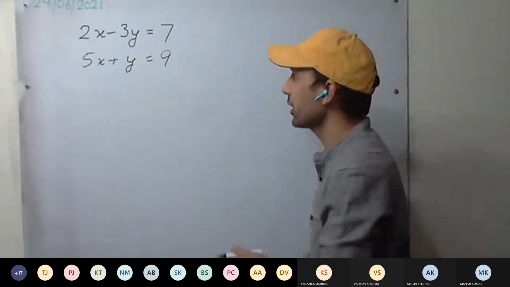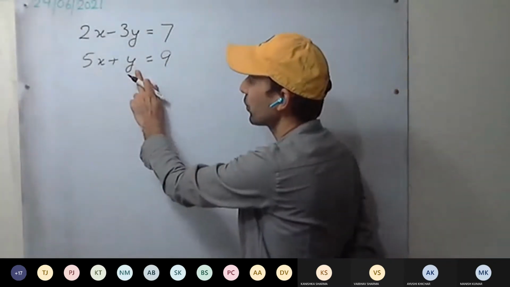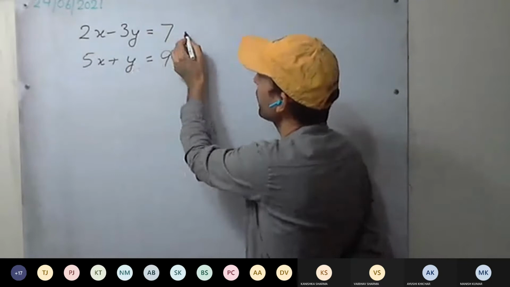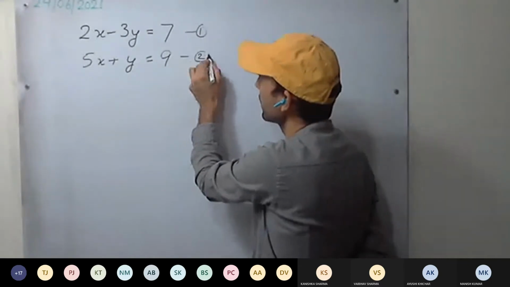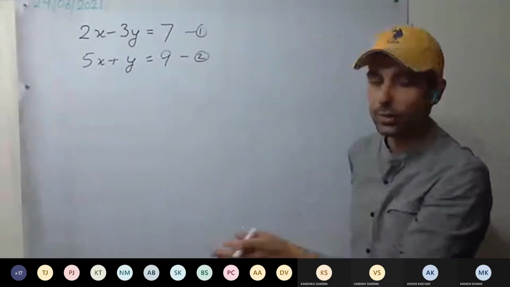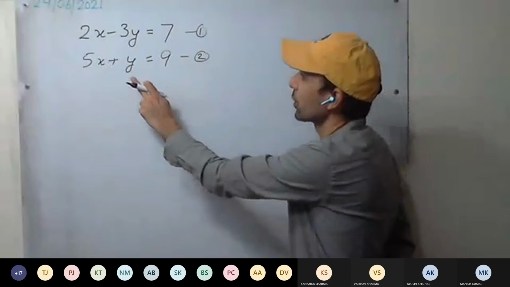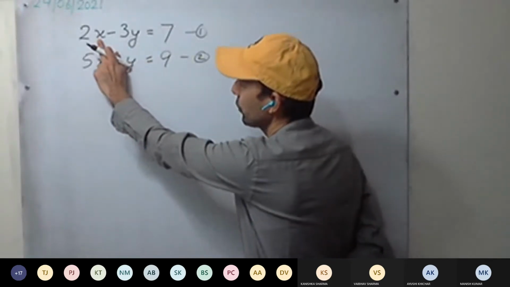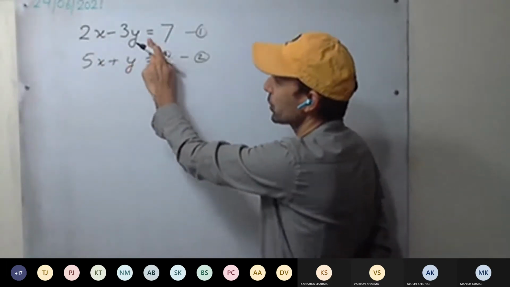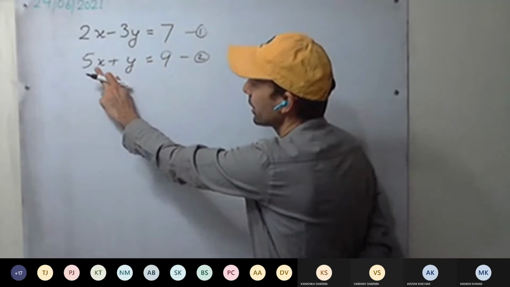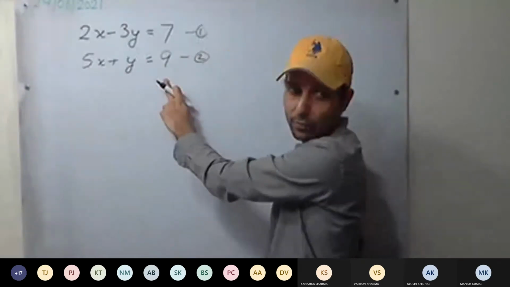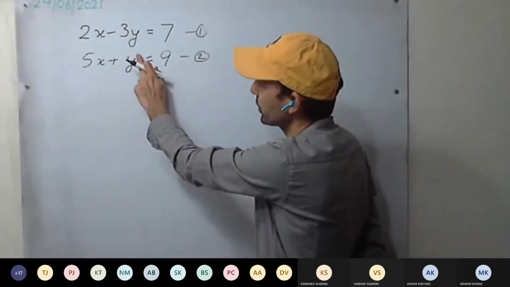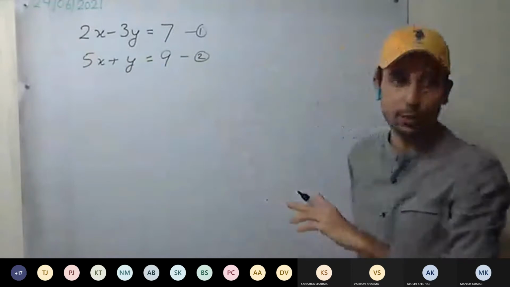Second one. And whose value is from the second one? Okay, if you mark here first and second equation, then will be marked 3 and 4. That's up to you. So see here, if we take the value of x here, we will get 3 in denominator with y. Here, if we take the value of x, we'll be getting 5 in denominator. If we take the value of y from second equation, we won't get any denominator.